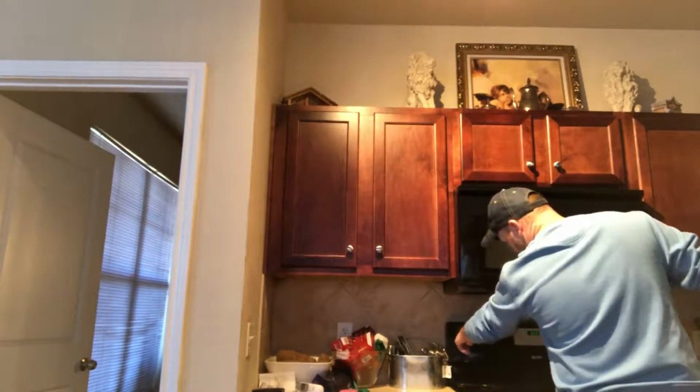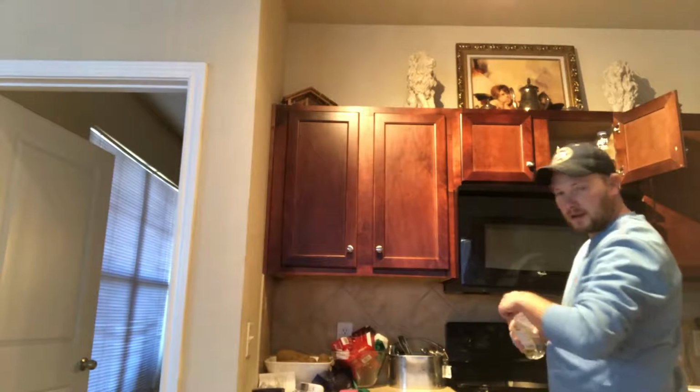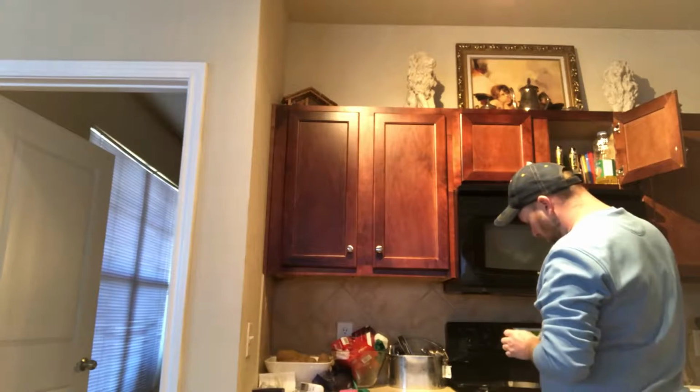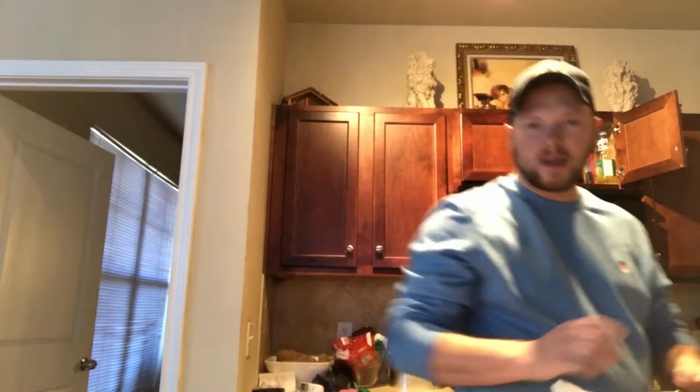Today I'm going to show you how I'm going to make my beef stew. We're going to get started with the cast iron skillet on the stove. We're going to heat that up on medium with just a little bit of olive oil. Not very much, just enough to coat the bottom of the pan. And while that's heating up,